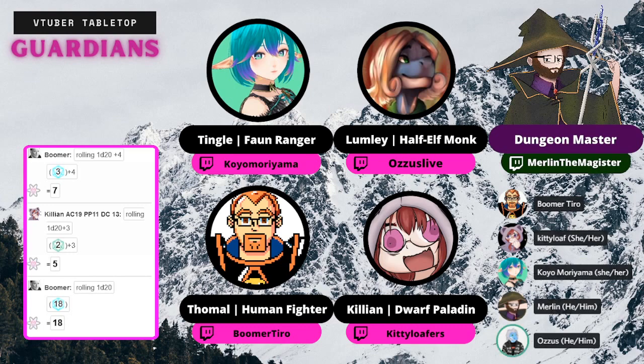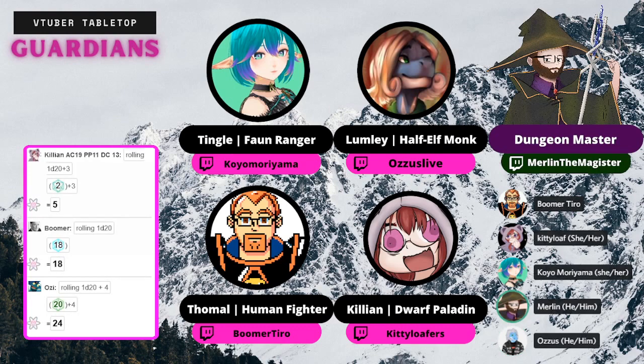This boat right here. Is there anything inside the boat? Make a perception check. Will do. This is the first good perception roll for me tonight. Hey, natural 20. You look at the boat, there's nothing in it.